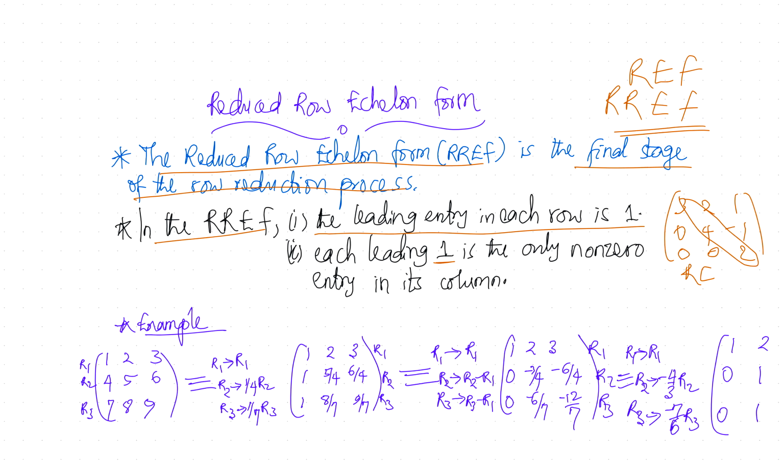But in addition, if you are taking it to RREF, the reduced row echelon form, then this 3 has got to be 1. This 4 has to be 1 also. These 2 will also have to be 1. And then in addition to that,